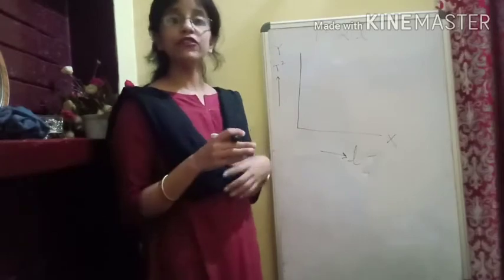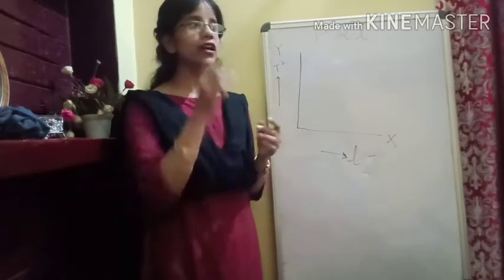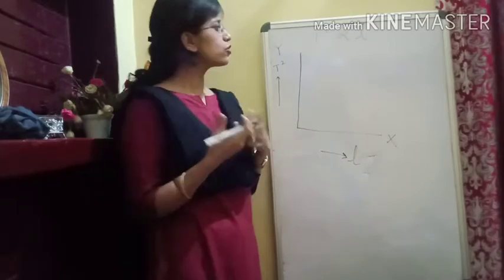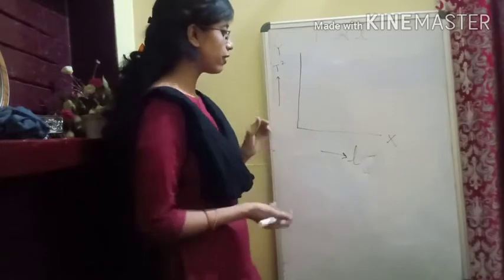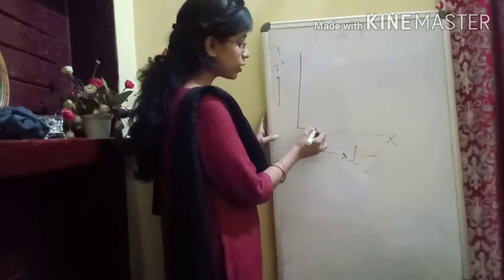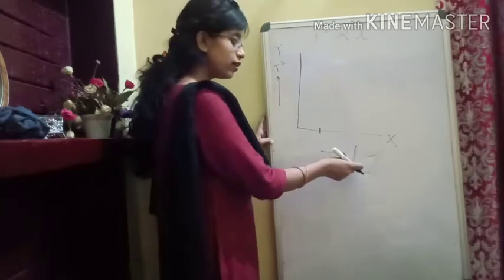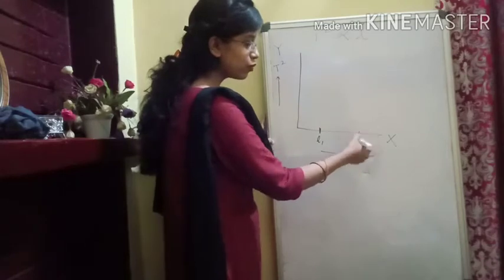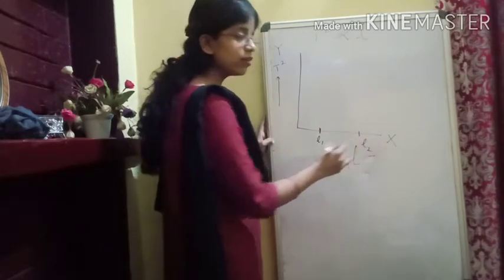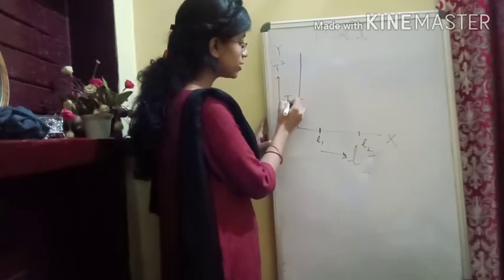x-axis. And if you can recall that whenever we are drawing the graph or whenever we make a graph, we should have some points. So here we are not having any numerical value, so let's take a general value. Let's say we are taking 1 point here on the x-axis. On x-axis what are we representing? Effective length. Let's say first point is L1, and let's say one more point we are taking, and that is L2. Okay, and let's take here one point we are taking T1.